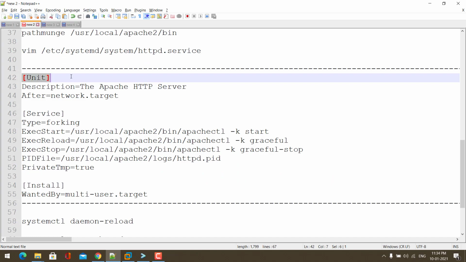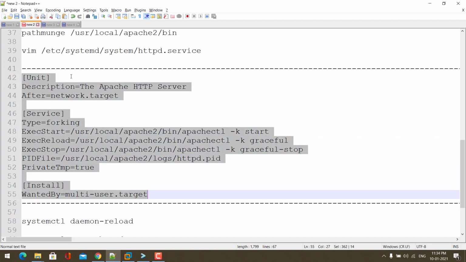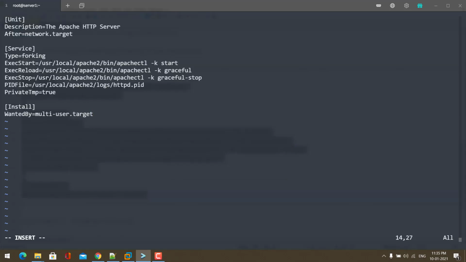Now copy this configuration and paste it here. Here, this is my Apache installation path. If you are using different path, you need to change this. Now save and close the file.